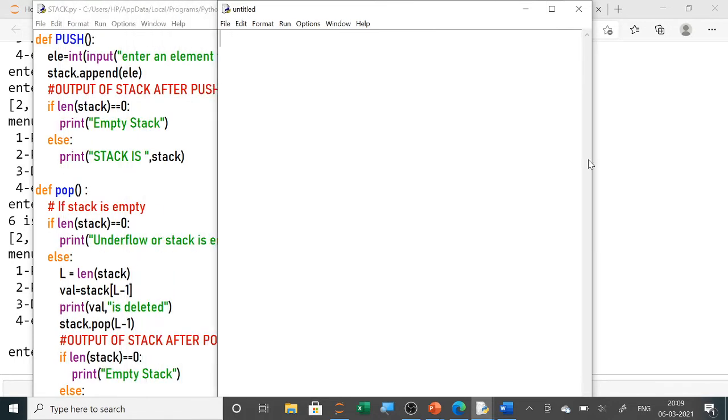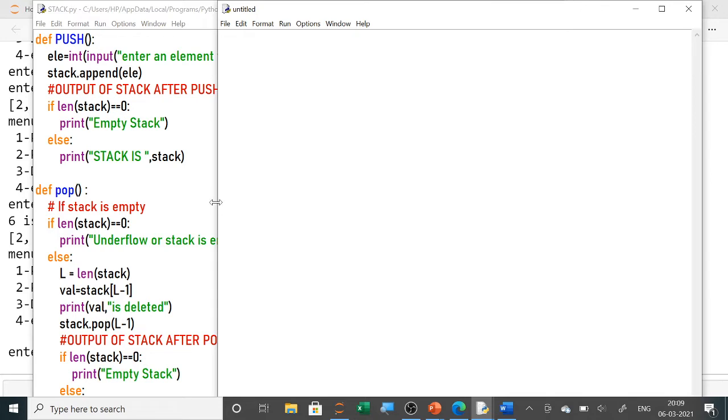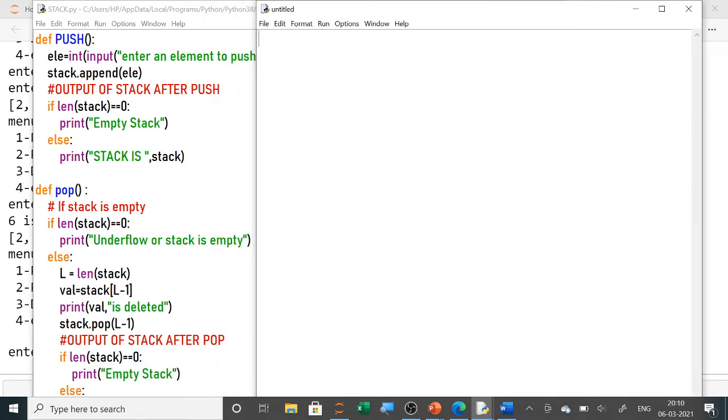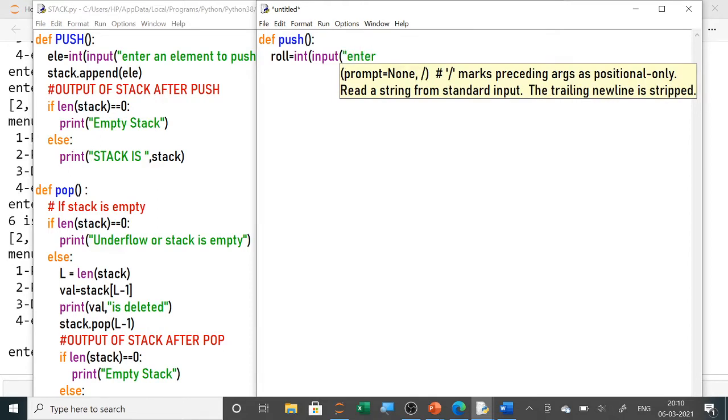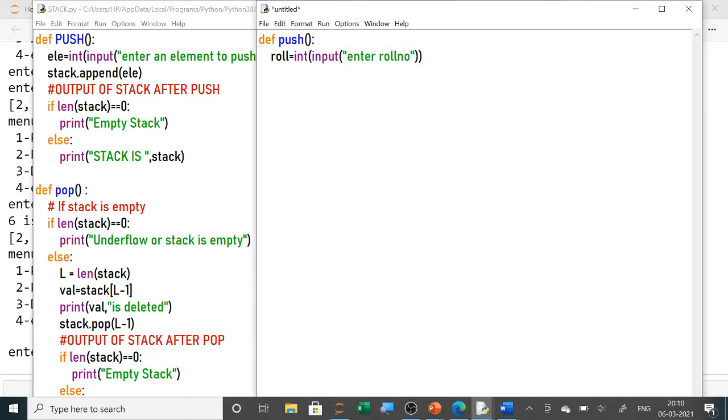सपोज हमको स्टूडेंट डेटा यूज़र से लेके या फिर कोई इन्वेंट्री डालना है या एयरवेज लेना है, तो उसके लिए हम क्या करेंगे, डेफ हमने एक पुश लिखा है और उसमें हमको यूज़र से लेना है तो डायरेक्टली हम इवैल करके ले सकते हैं, या फिर मैं अभी स्टूडेंट का ले रही हूँ तो रोल नंबर इक्वल्स टू, रोल नंबर एक इंटीजर है तो इंट इनपुट, एंटर द रोल नंबर, नेक्स्ट हमारा हो जाएगा नेम। ऐसे ही सारे डेटास हमको यूज़र से ले लेने हैं।